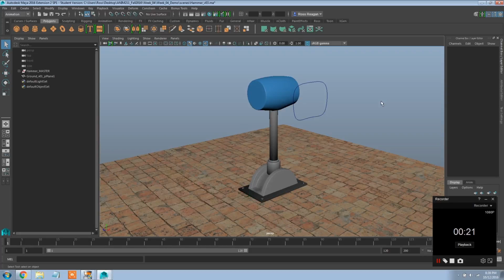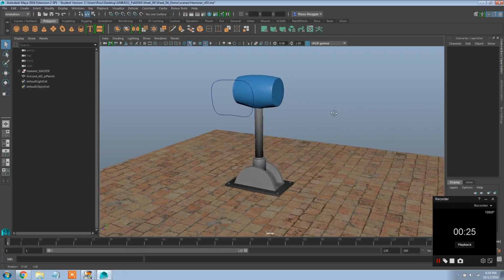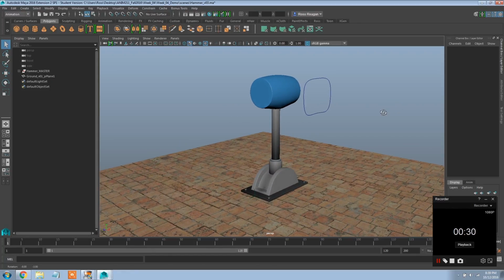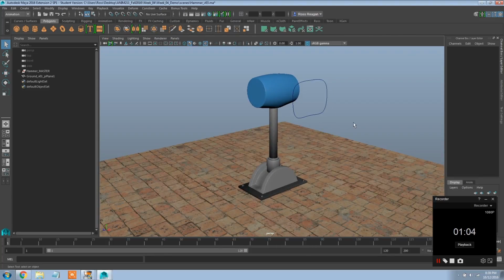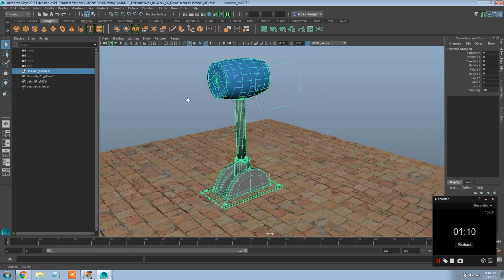Hi everybody. I just wanted to do a little bit more of a complex setup of a control scheme with set-driven keys and deformers, to follow up what we talked about in class this week. Alright, so first of all, over here, I've got some grouping going on that's a little bit more complicated than